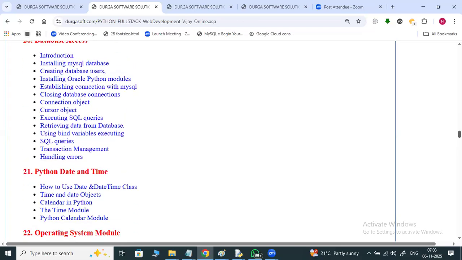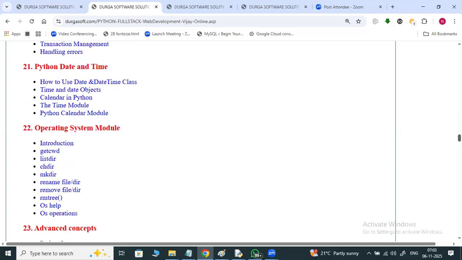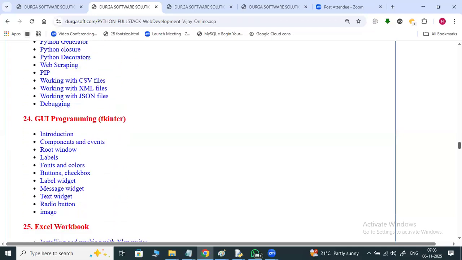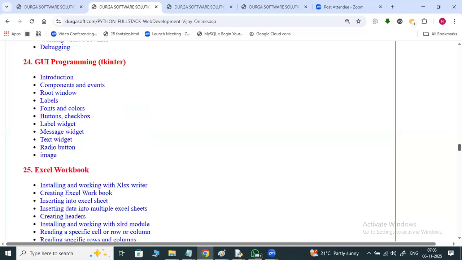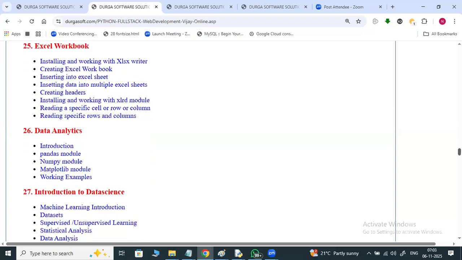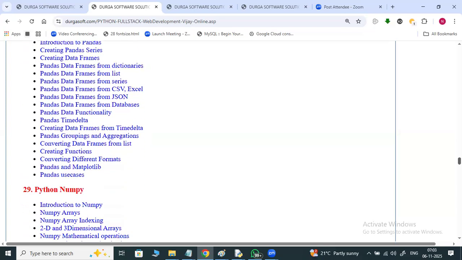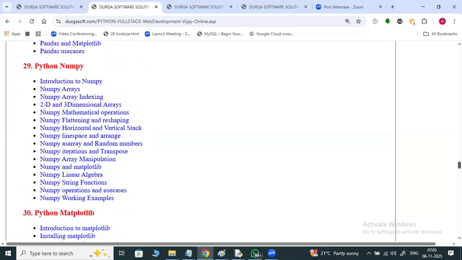I'll show you the installation of one database, working with SQL operations, Python date and time module, operating system, advanced concepts, GUI programming, Excel workbook, data analytics, introduction to data science, Python Pandas module in brief, NumPy module in brief, and Matplotlib in brief, right? Yes. These 30 topics for this